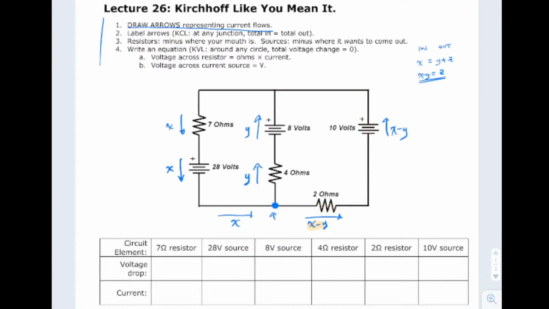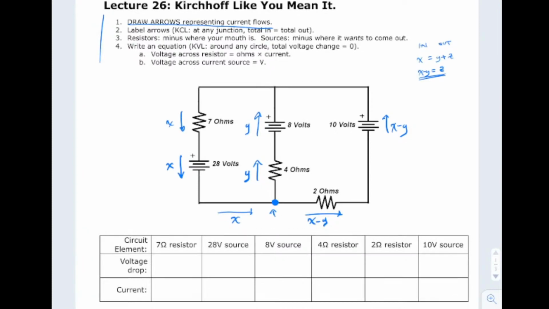This thing is getting jittery. So I guess I've done that. I've labeled all my branch currents. There's no other currents to label. Branch currents, done. Label arrows. Okay, label arrows